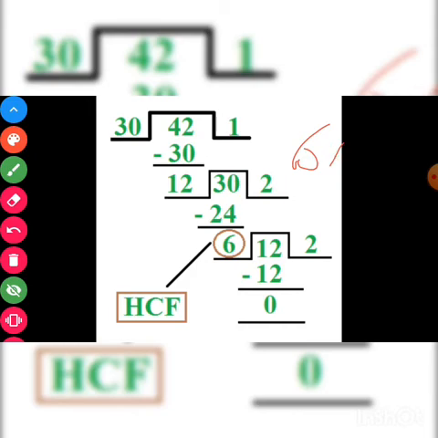So as I told you, the condition when the remainder becomes 0, that divisor is the HCF. So in this case, 6 is the number by which when we divide, the remainder becomes 0. So the HCF of the numbers will be 6. So this is the long division method or continued division method. By performing this, you can find out the answer very exactly. If you have a little knowledge about the tables, you can find out the answer very quickly using the continued division method.